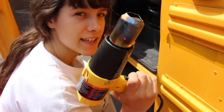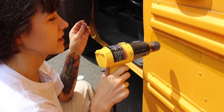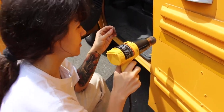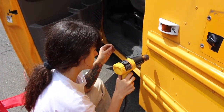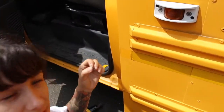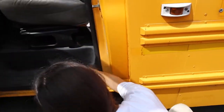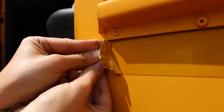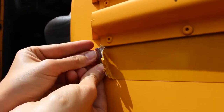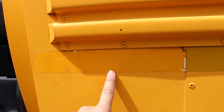I've been using this heat gun against the bus, kind of like this. And I'm just doing that to try to get this reflective tape off because it doesn't budge at all. So I just got this little section of the tape off, and I still have